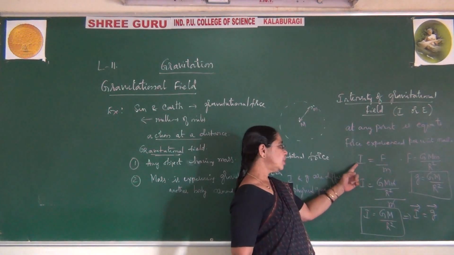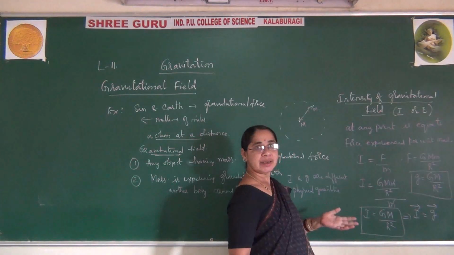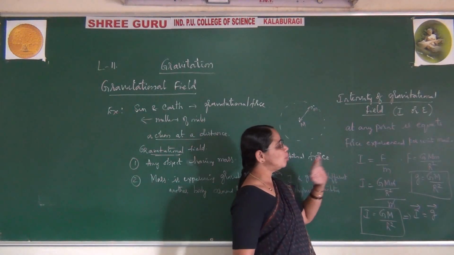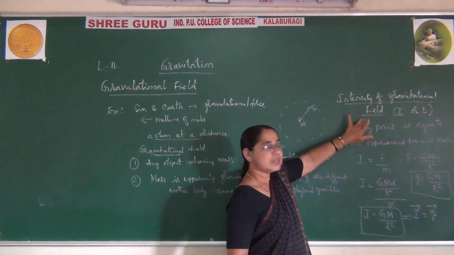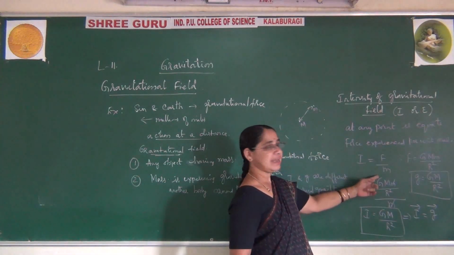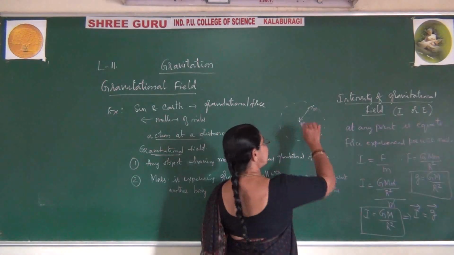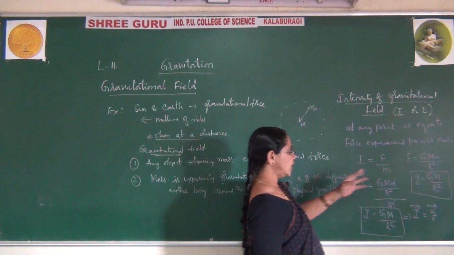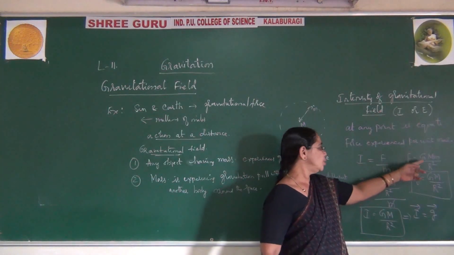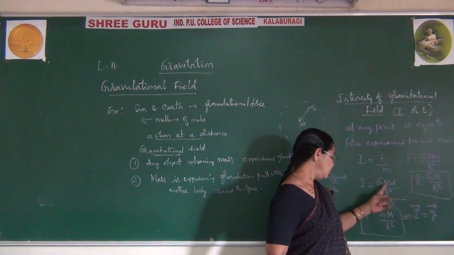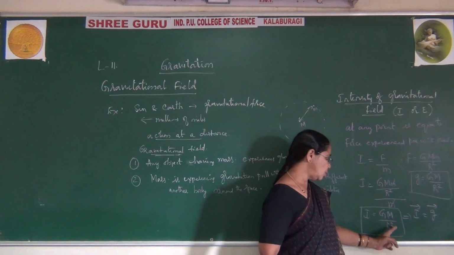Therefore, if I write symbol I, you can also write E. Whichever you are comfortable with, both are correct. Different people will write different symbols. So I is equal to F by m. If I substitute, you already know there arises a force of attraction between these two, so naturally we call it the gravitational force of attraction, due to which we write this formula. If you substitute, you get this, and finally we come across I is equal to g.